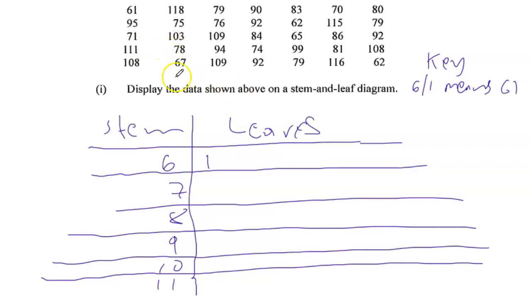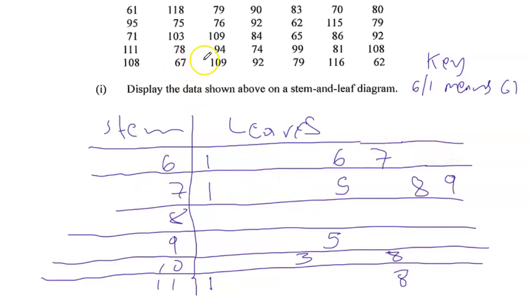So 61, then we have 95 somewhere in the middle here, 71, 111, 108, so 8 will be somewhere down here, 118, 75, 103, 78, 67, 79, 76, 109, 94,